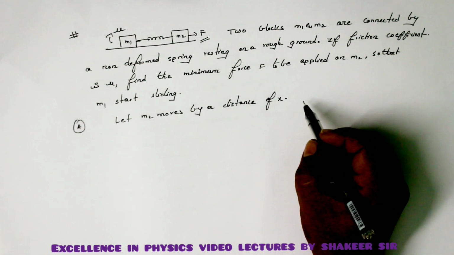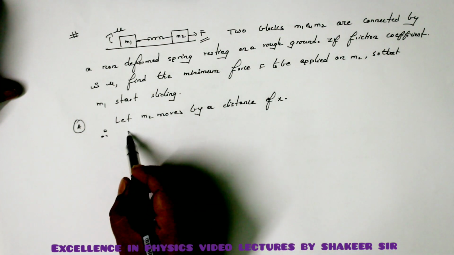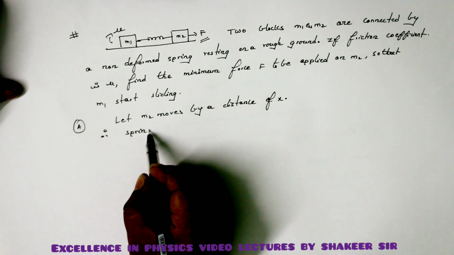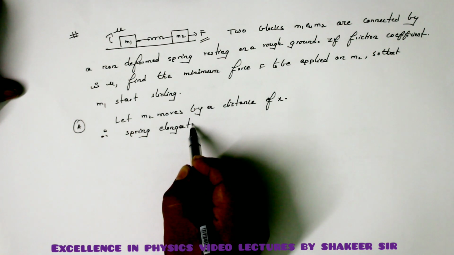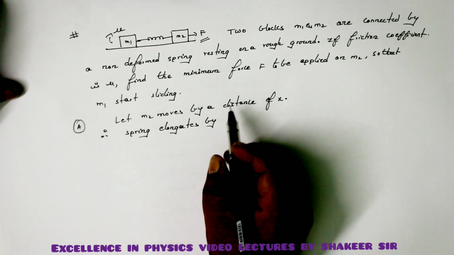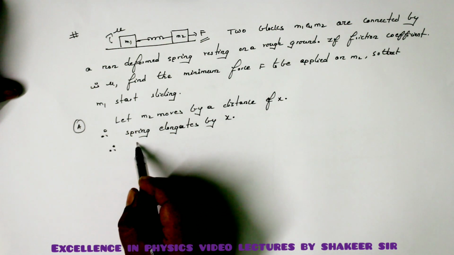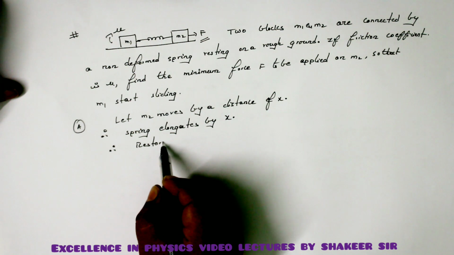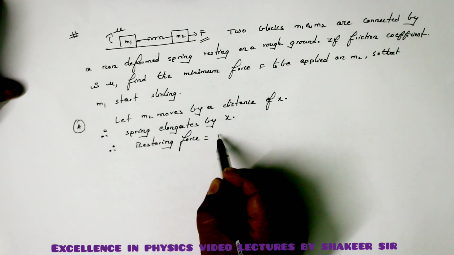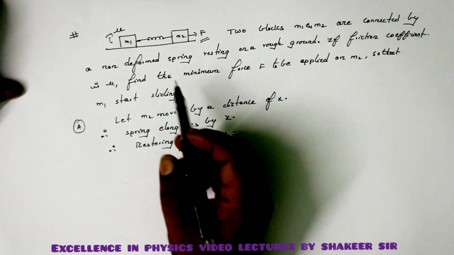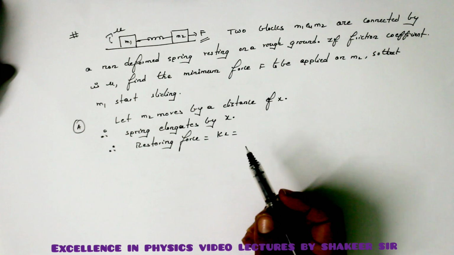So therefore spring also elongates by x. Therefore restoring force in the spring should be equal to Kx, and this restoring force will be acting on both sides, because we know that spring